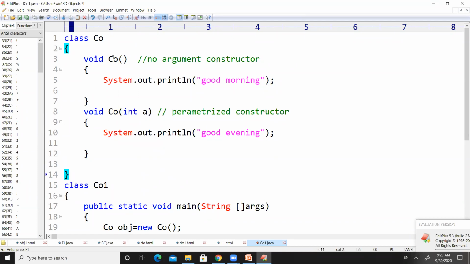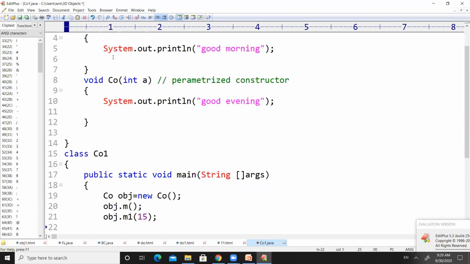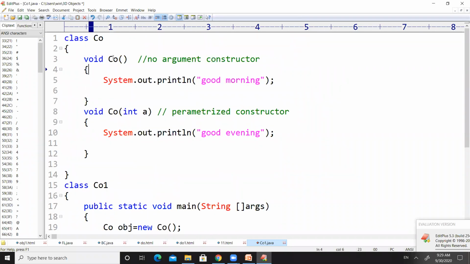Inside CO1, according to the given point, there is no need to call them separately. They will be executed during the time of object creation. So I have created an object here. Let us see how this program will behave and how the constructor is going to be executed.